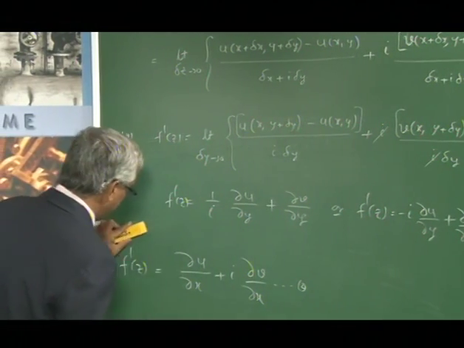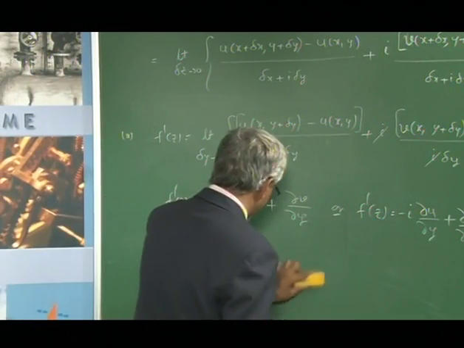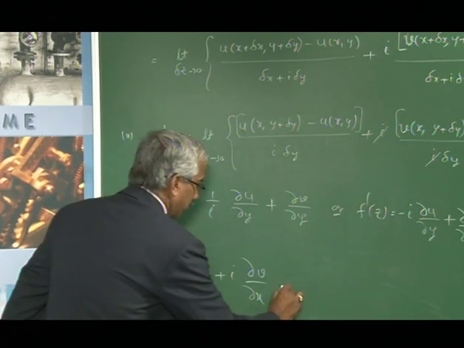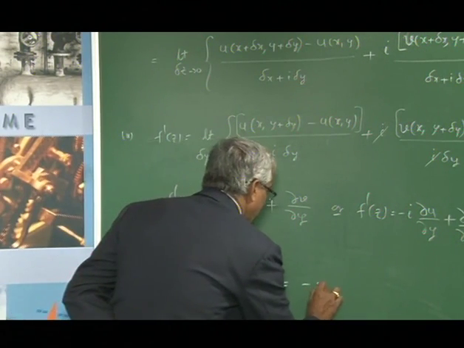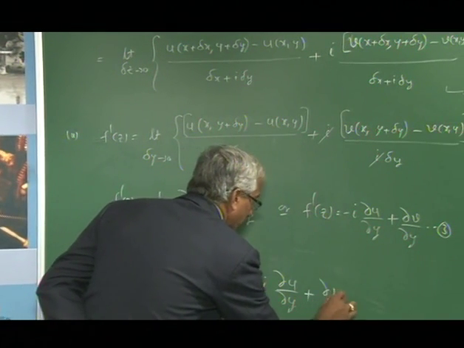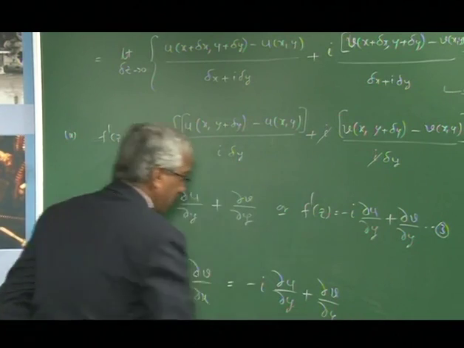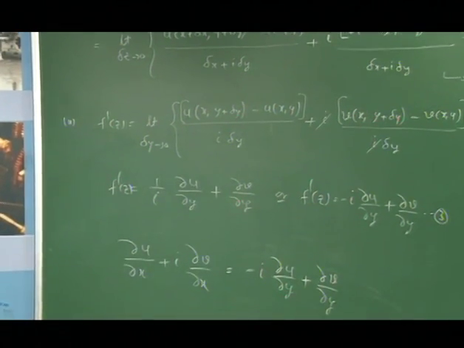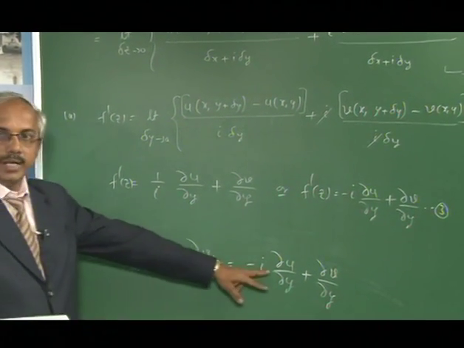Therefore, I take this equality, which equals minus i into ∂u/∂y plus ∂v/∂y. If these two are equal, then equating real and imaginary parts,